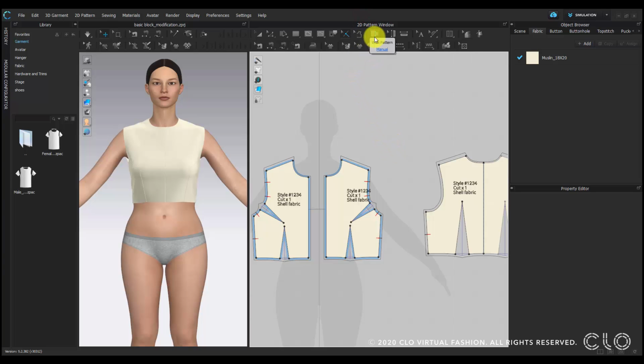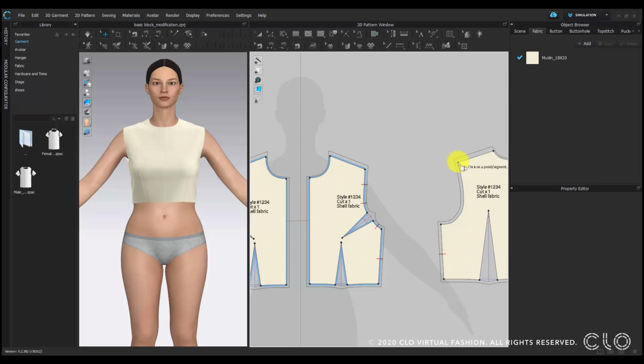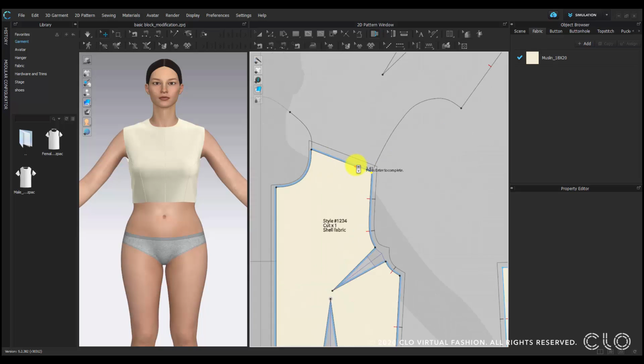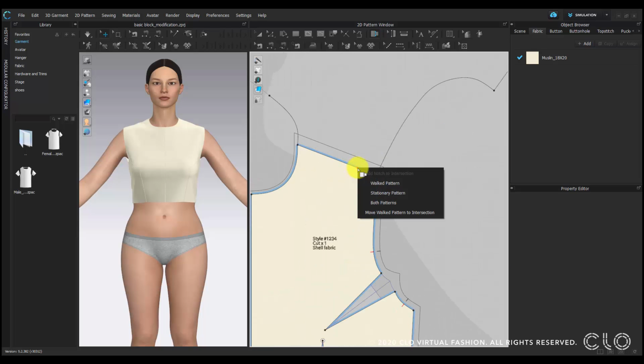And then we can also use a walk pattern to check if the seam line length is correct or not. So I start by clicking one point on one pattern and then go to another point on the front pattern. And then the back pattern will move to the shoulder seam and will move along with your mouse. If you want to add a notch on this point, then right click and choose which pattern to have that